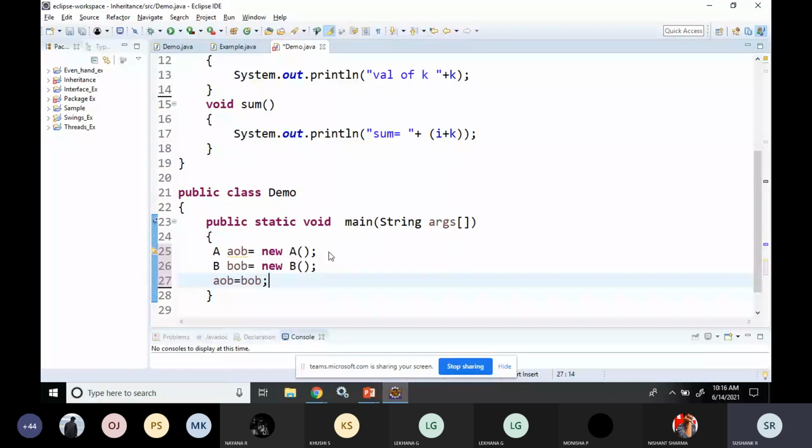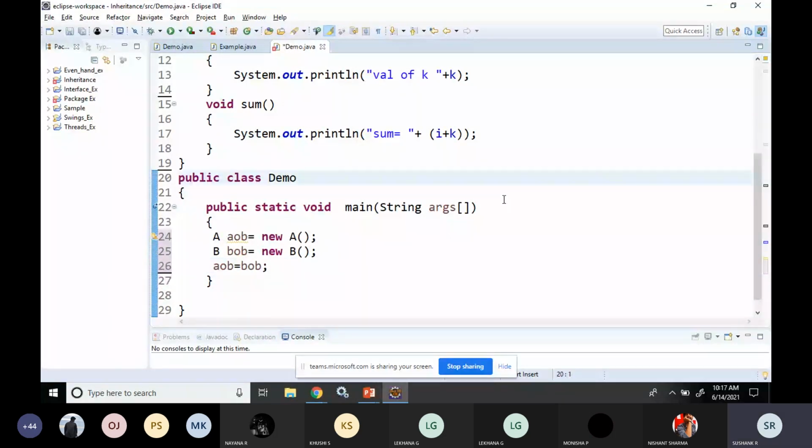After that, I'm creating the objects of the two classes, and I'm assigning the subclass object to the superclass object, and after that let us study what will happen. I'll just simplify this.